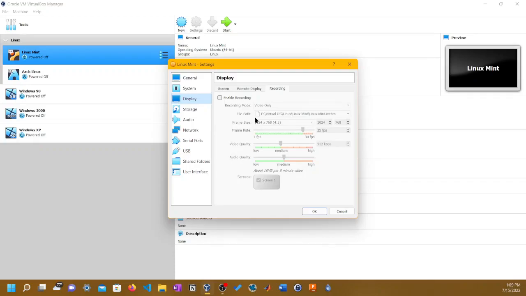Wait, that's a thing? Oh, snap. I didn't even know. So if I were to enable recording, oh wow, that's really, really cool. I didn't know. I don't know how this whole thing works. So, yeah, wait, video and audio. All right.